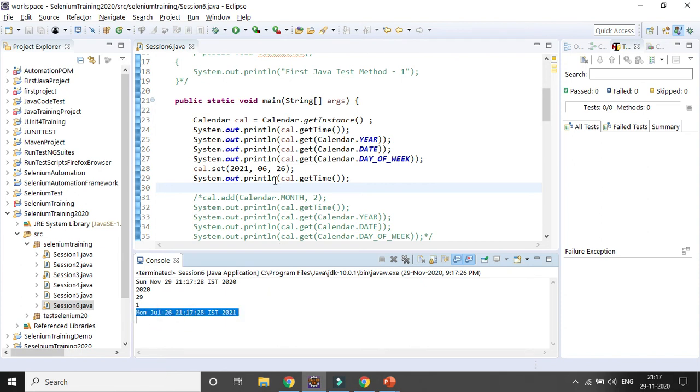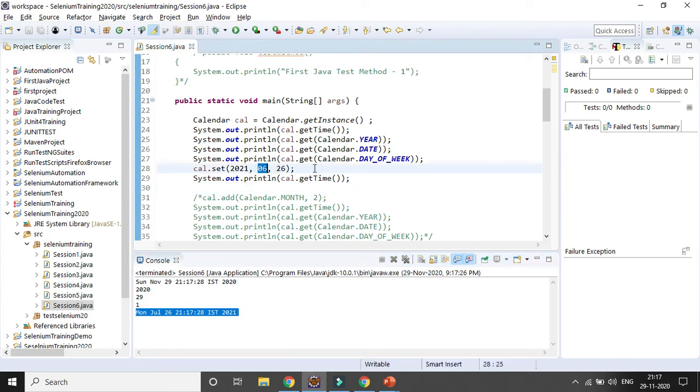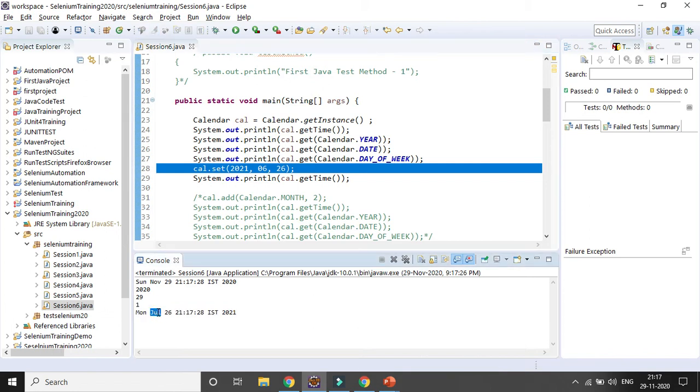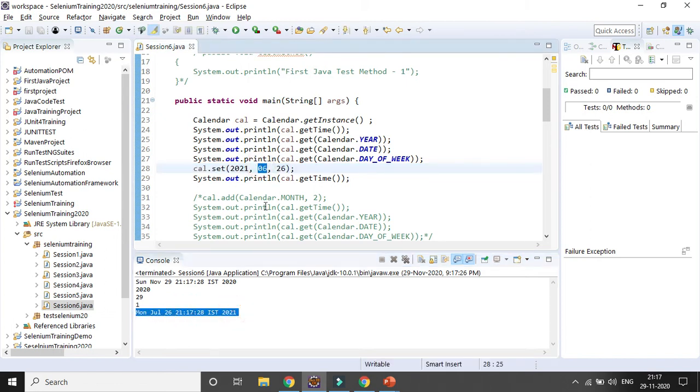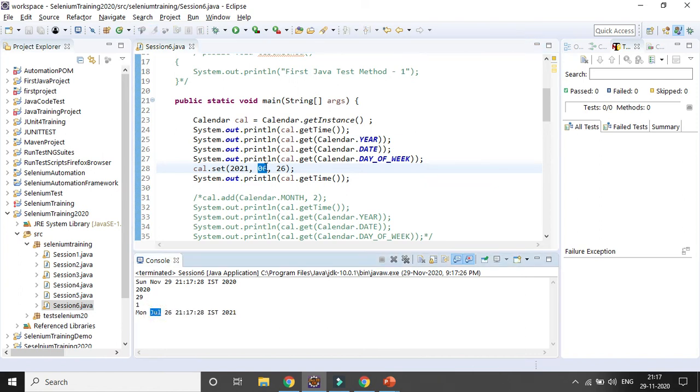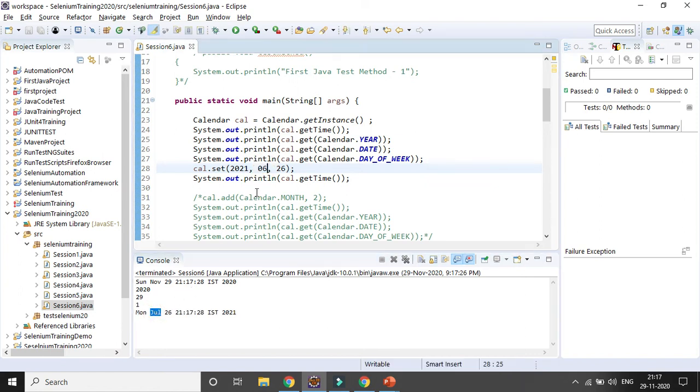So it is adding once, that is the reason it is starting from February. Okay, July 26, 2021. I am not sure why it is taking July, because 6 should take June only. Let's change it to 9 and see what is happening.